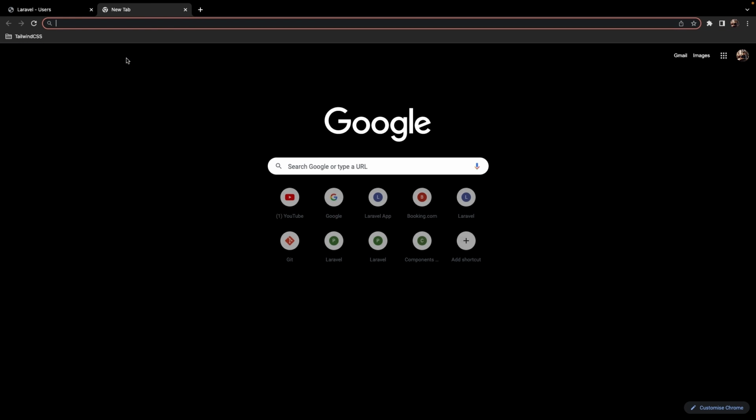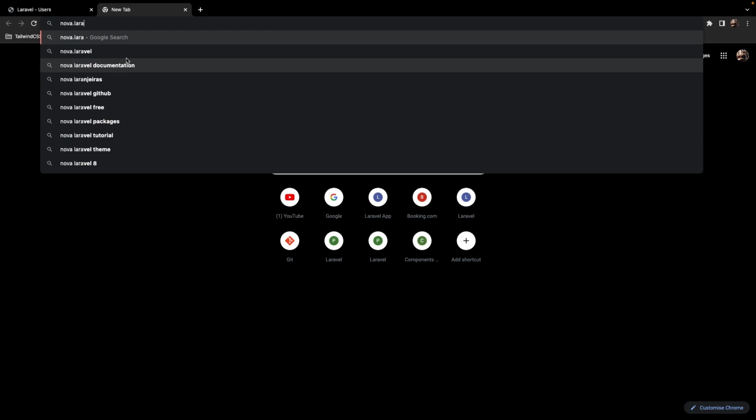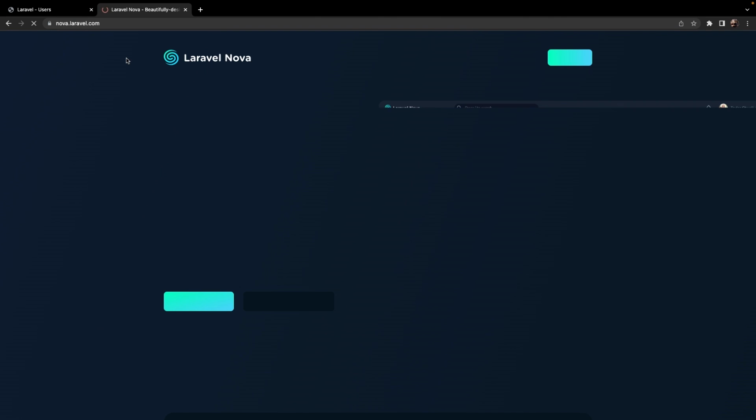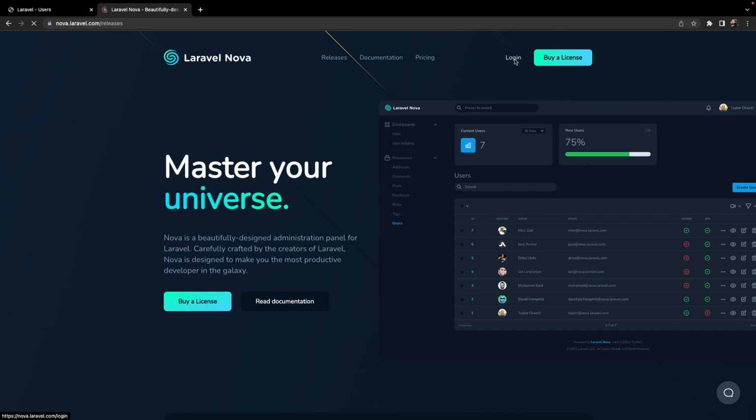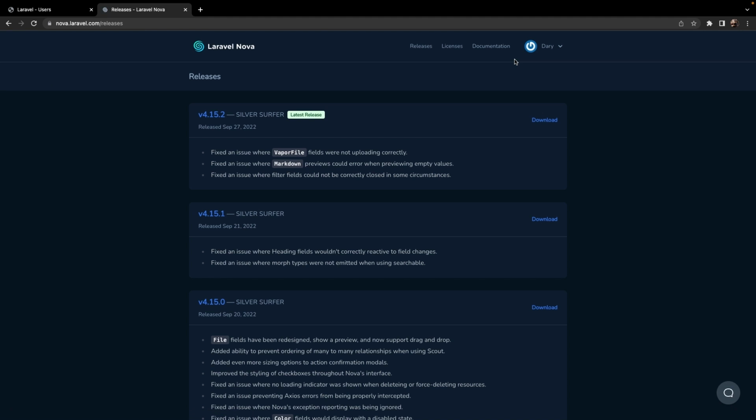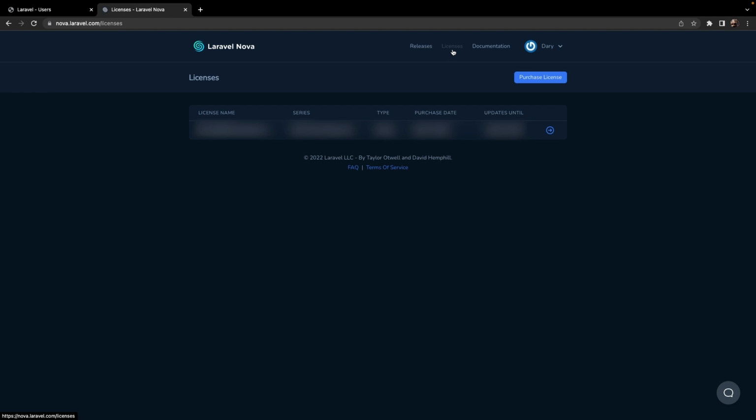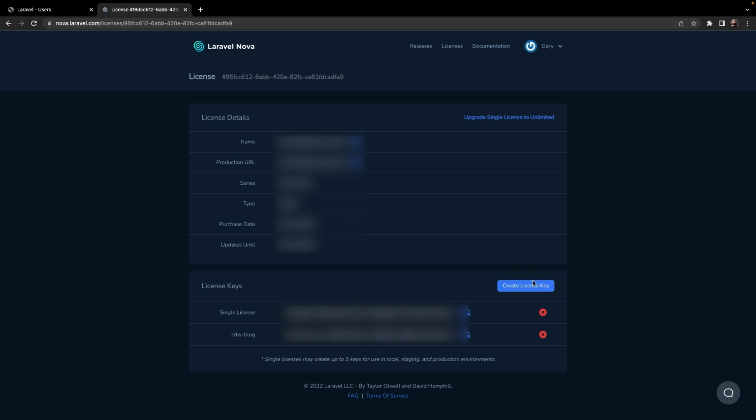If you open a new tab and navigate to nova.laravel.com, click on Login. Well, you'll see that I'm already logged in. And right inside of the menu, you'll see an option where you can click on Licenses. If you have made a purchase from their site, you'll see a site right here where you could click on. Once you do that, you could create a new license key in the bottom right. Do that, copy the license key, and I'll see you back in the .env file